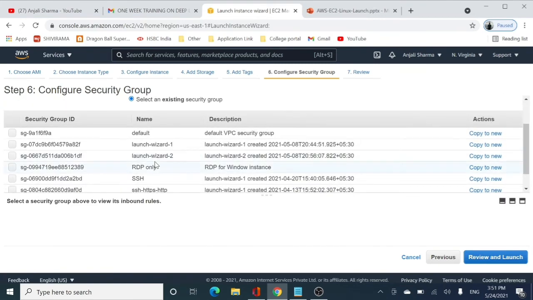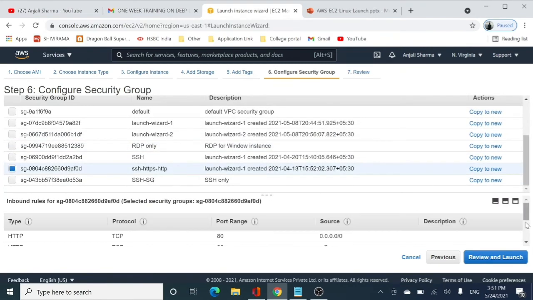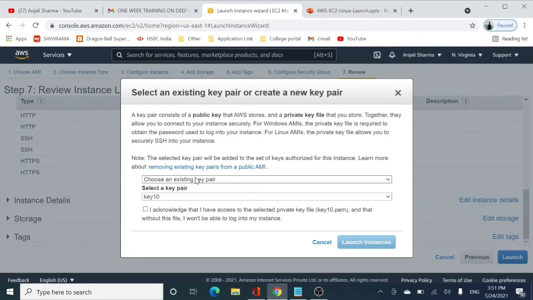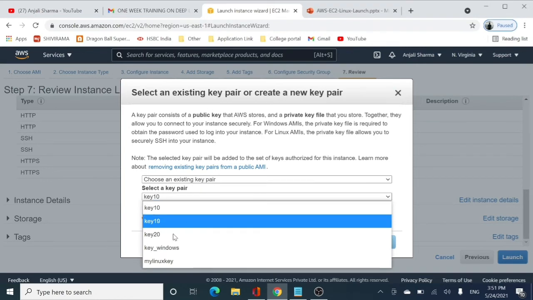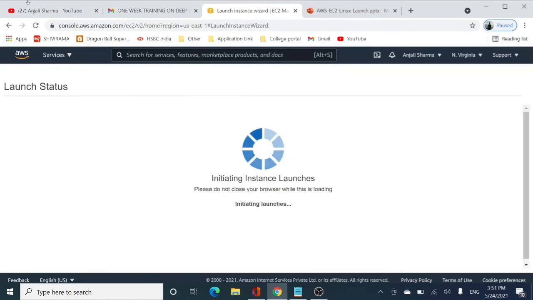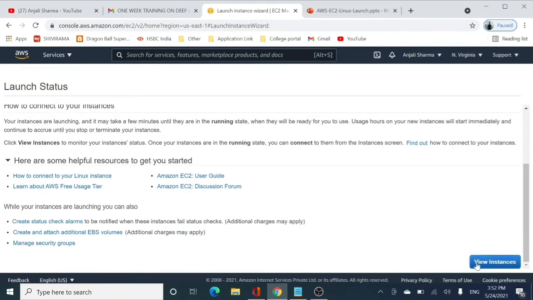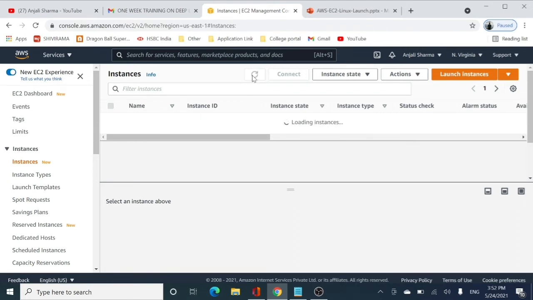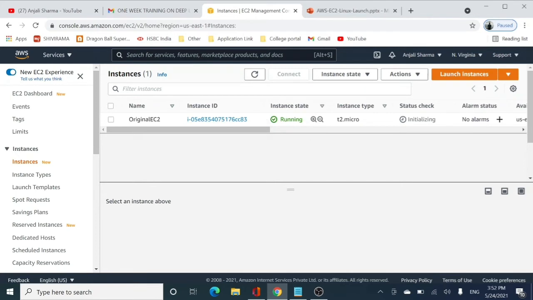So this time I will not be SSHing into my EC2 instance, but still a security group, and I think everything is fine, and I shall be using the existing key only, although I will not be SSHing into it, and launching my instance. Right, so the instance is now being launched, and within few seconds the status will be running. Right, so now the instance state is running, and now we are good to go, and we can create our own AMIs with this particular EC2 instance.